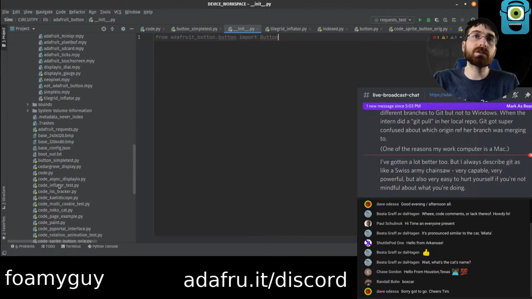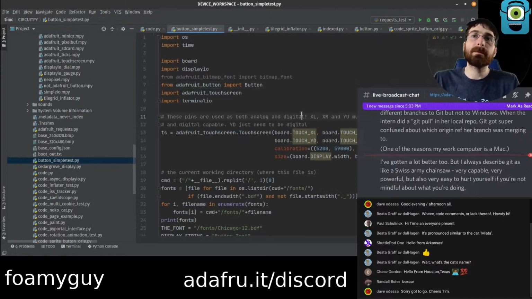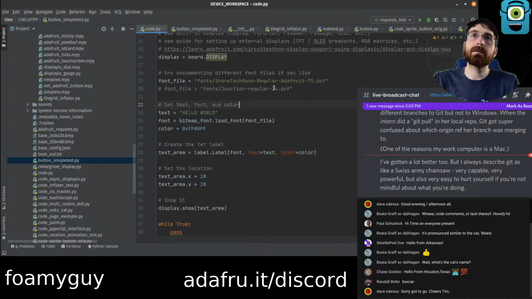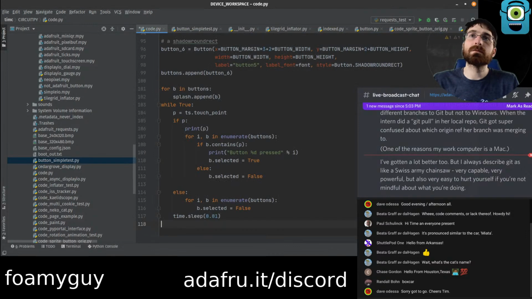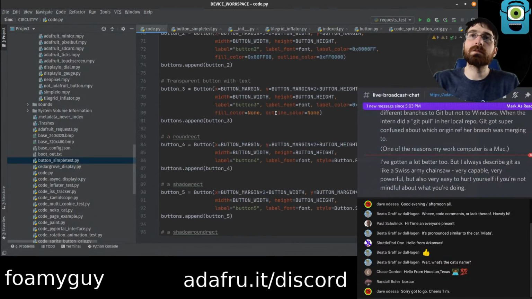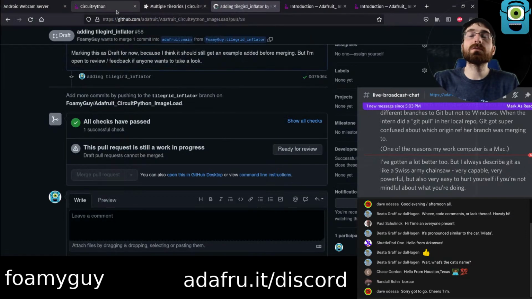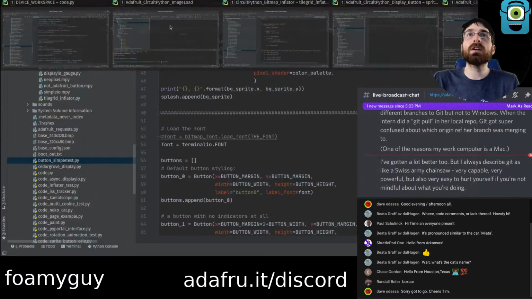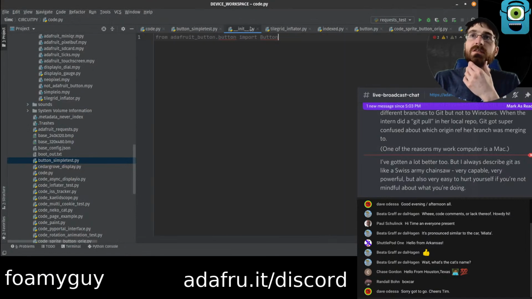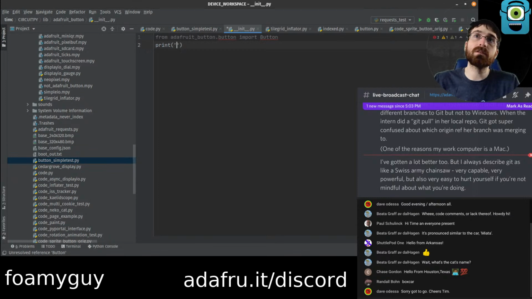Let's change this to CodePy. Oh, it worked. Ooh, okay. But do we still... So now the other thing I wonder is print hello from init.